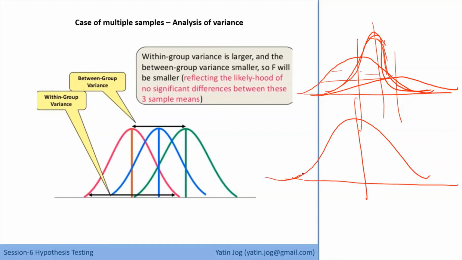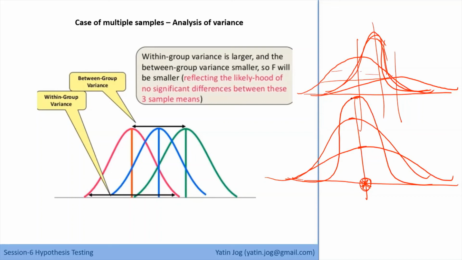This is my second distribution with the same mean. And this is my third distribution with the same mean. Now I'm considering my mean as the same location. For all 3 distributions, I have the same mean. But looking at the 3 distributions, because of the height, I can say that the behavior of all 3 distributions is not similar in nature. They do not have similar behavior.